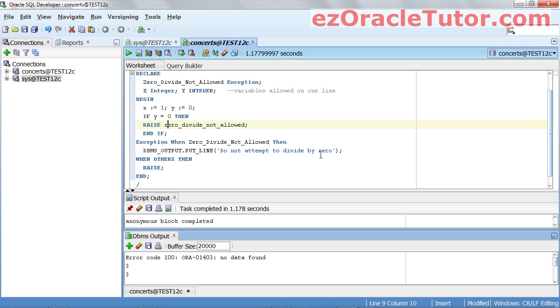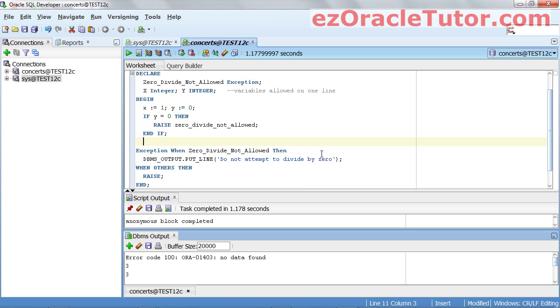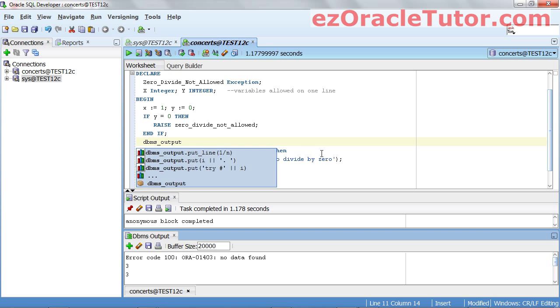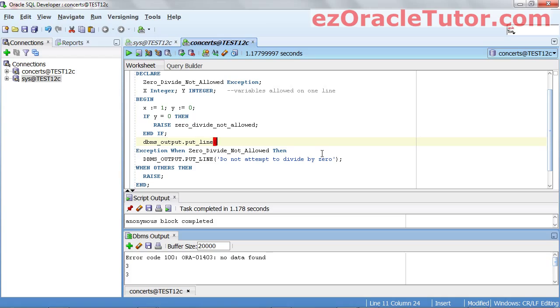So what this is actually going to do, I like to keep my indentations organized, is it's going to say when y is 0, you can't divide by 0, on the basis that one assumes that one would be saying, for instance, dbms_output, which we don't need to do anyway, but we'll add it in for the sake of clarity. Output x divided by y. Now this will not give me a compilation error, but it will give me a runtime error